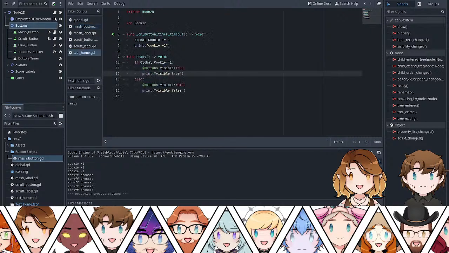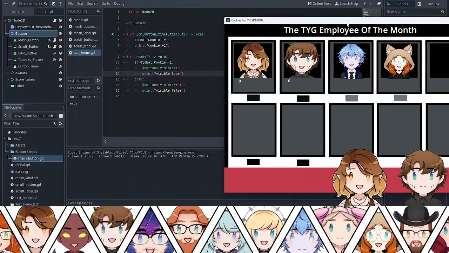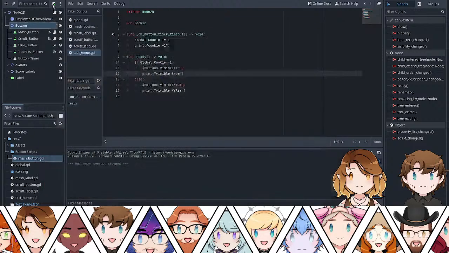Okay, we're back to this again. So. I just want my buttons to be invisible. It doesn't even look like that's connected now. Mm-hmm. Like the visible true isn't connected. So,